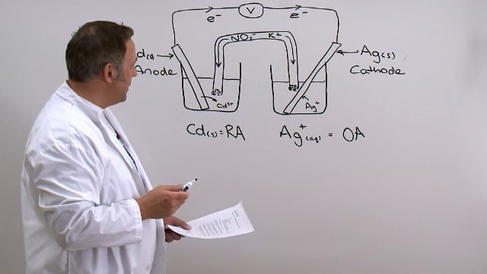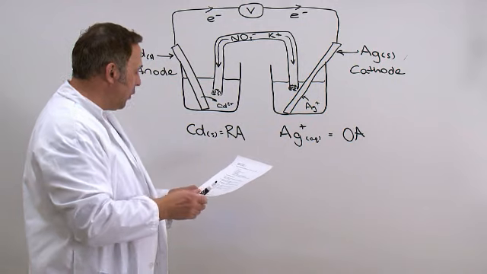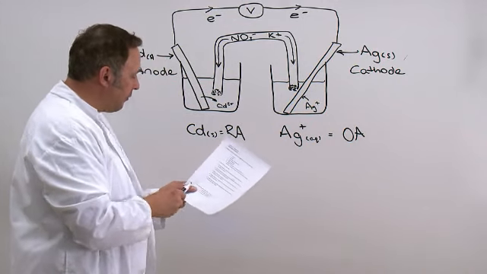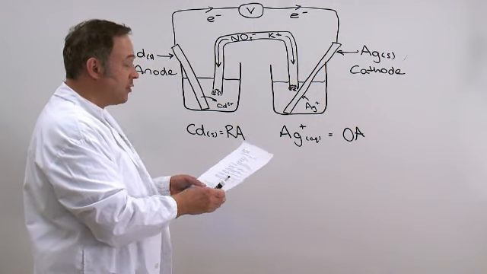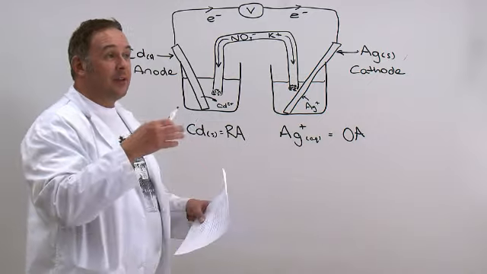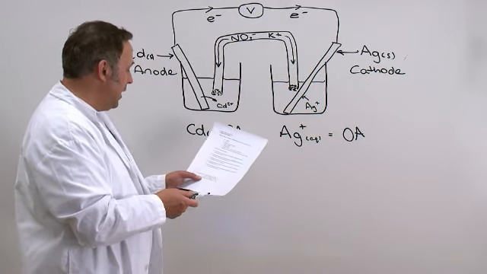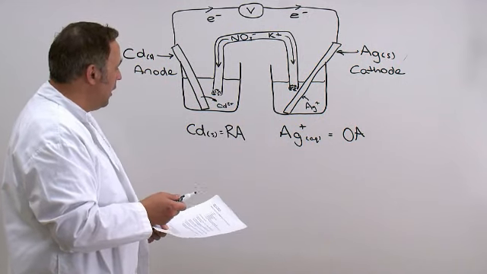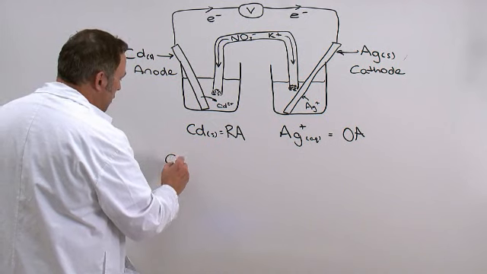Pretty much answered the whole thing there. Now for question number 2, it says for each of the above voltaic cells, write out the cathode reaction, including the little degree sign, which means that that's the standard cell potential, or in this case half cell potential, and the anode, and then the net. Okay, well the half reaction at the cathode